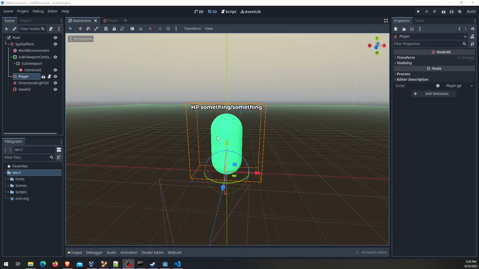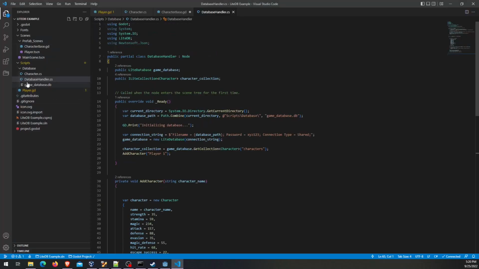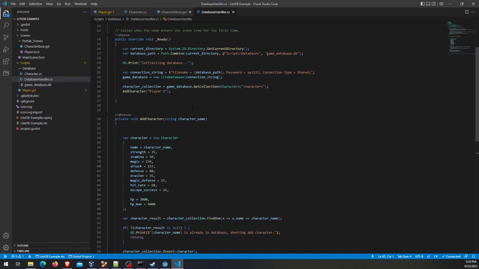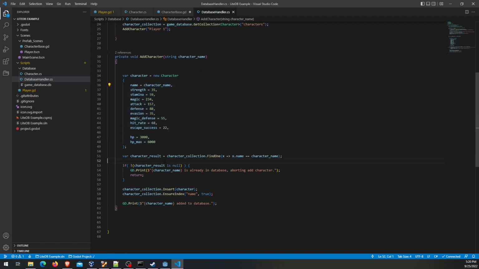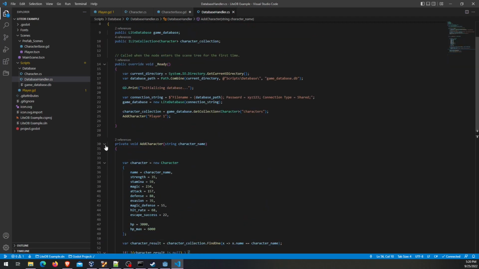We're going to continue from where we left off in the previous video, which was setting up LiteDB, a NoSQL database to work with Godot. So far, we have the database created in this game database DB file. So whenever this project runs, it's going to add this character or skip that step since it's already in there. So moving on from that point,